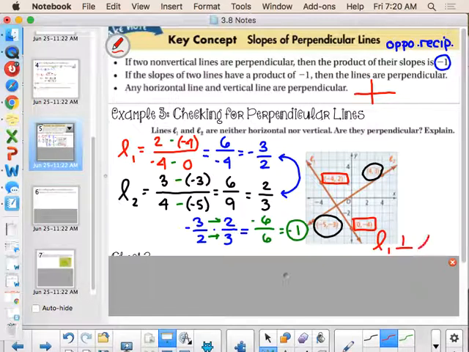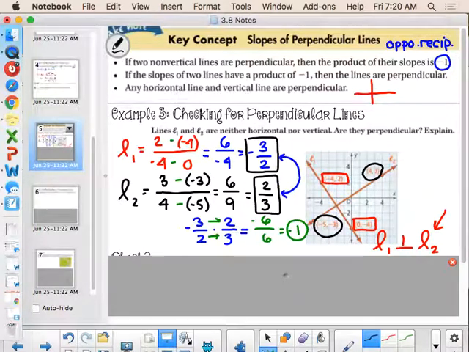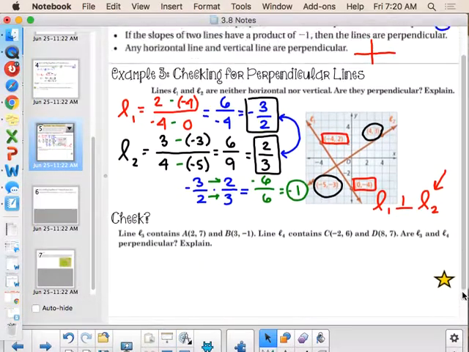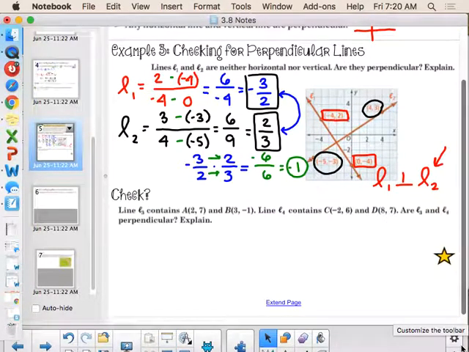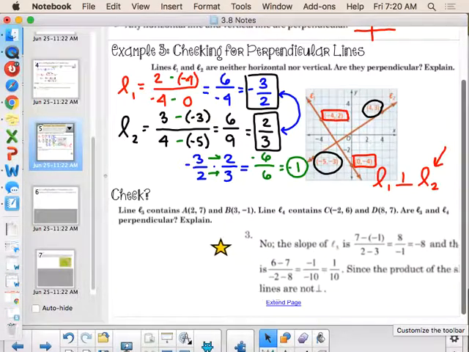And I'm going to write this statement. This is a proper statement. I want to make an observation. Notice, -3 over 2 is the opposite reciprocal of 2 over 3. You flip the fraction and you flip the sign. Your turn. If you got the question incorrect, please double check over your work.